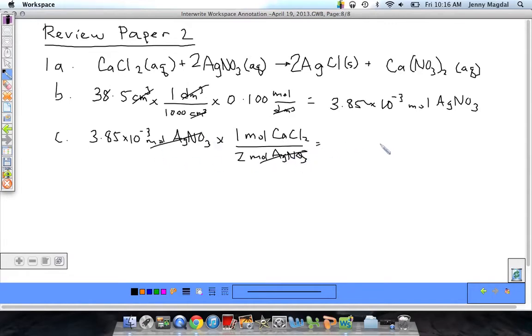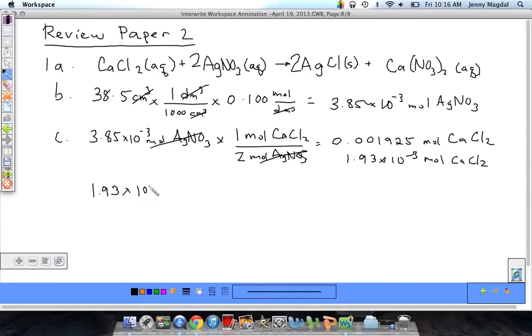I'm left with moles of CaCl2, and that value is 0.001925 moles of CaCl2, which would be, in the correct number of sig figs, 1.93 times 10 to the negative 3 moles of CaCl2. I then take that number, carry it out one step further,